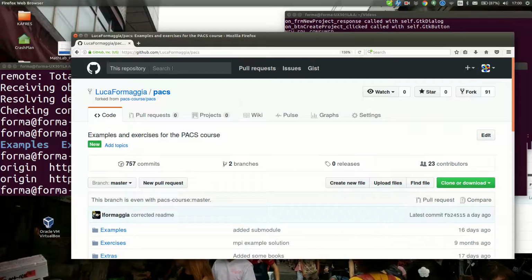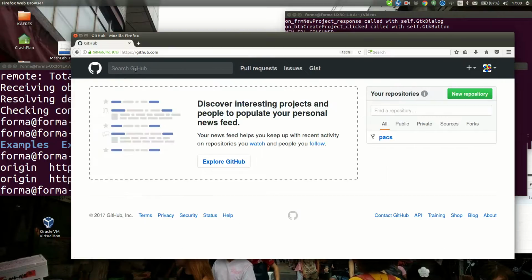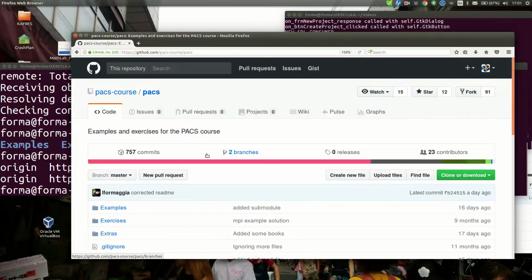Okay, so now you have to go again, since I don't remember by heart the address of Pax. We have to go back. Sorry, we have to go to the home here where there is this little cat. Pax, and going to Pax course Pax, that is the real upstream, the one you have forked from. So you have forked from this one. Now you get the address,